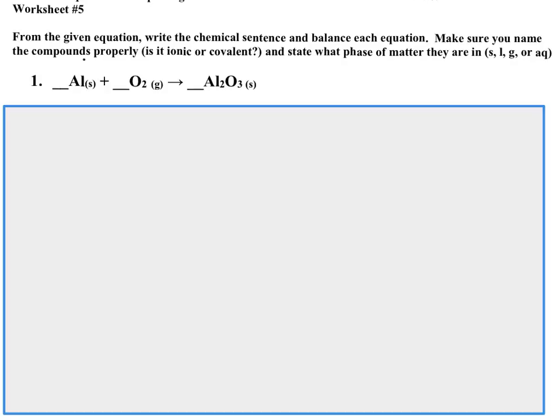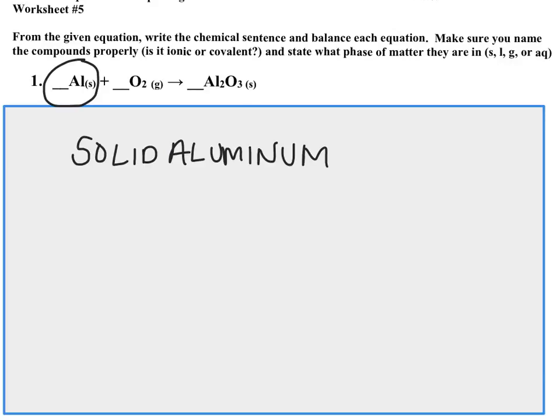So to start with, let's look at this guy right here. Aluminum, and it has a little s, which means solid. So we would call that solid aluminum. And after it is a plus sign. That plus sign stands for reacting. So solid aluminum reacts with